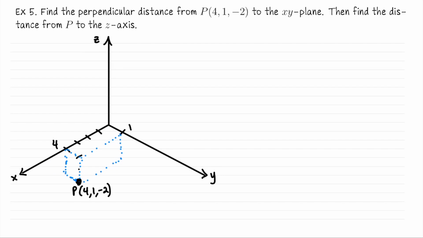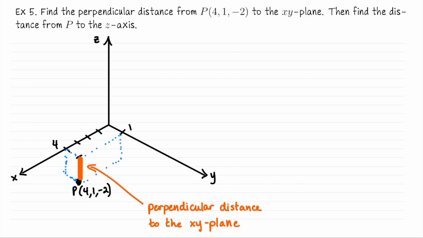What do you want to call the distance from this point to the xy plane? Well, the distance is going to be the shortest route that you could possibly take. So that would be like going straight up to the xy plane. The point on the xy plane which sits directly above the point P would be the point 4, 1, 0. So what is the distance from 4, 1, negative 2 to 4, 1, 0? It's not worth plugging into the distance equation because since 2 of the coordinates are the same, the distance is how much they differ in the z coordinate. So that's going to be 2 units.